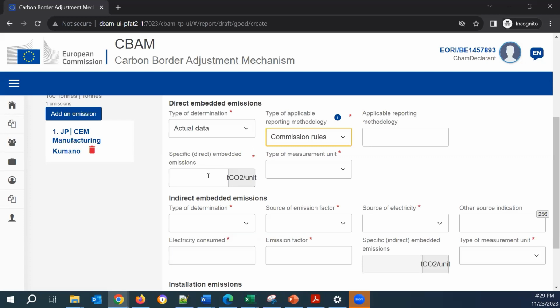The specific direct embedded emissions is 0.7852. And the type of measurement unit is tons. The specific direct embedded emissions is the ratio between the tons of CO2 that are produced in order to produce 1 ton of Portland cement.